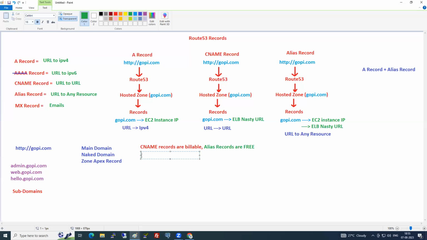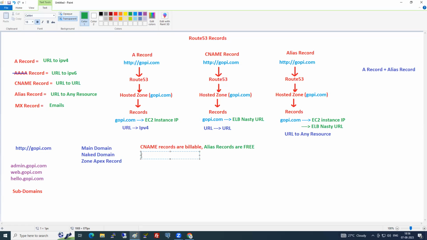For naked domains, you cannot use CNAME. You need to use alias. For subdomains, can you use CNAMEs? The answer is yes. So, we have gopi.com and I need to send it to a nasty URL. Can you use CNAME?